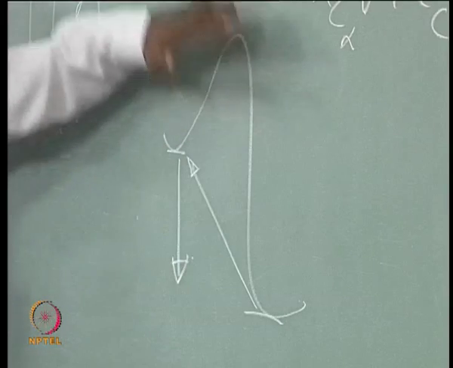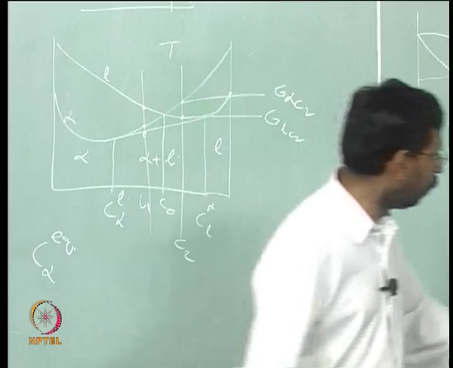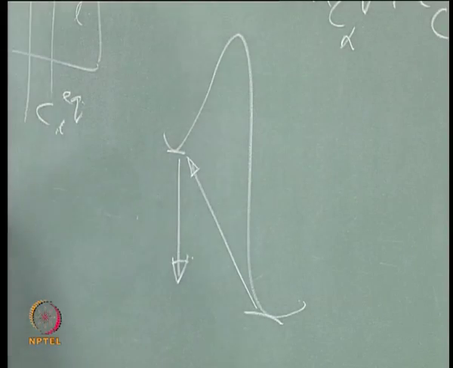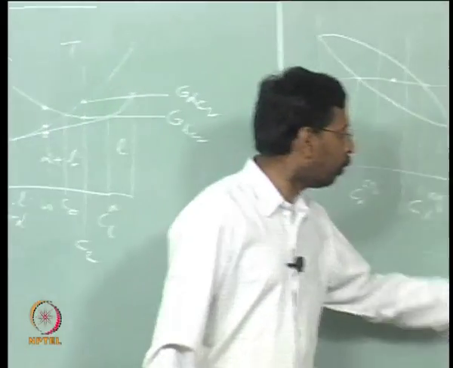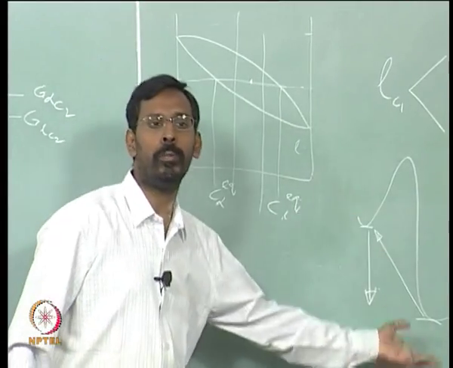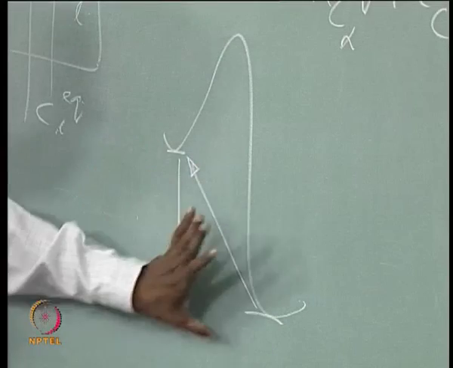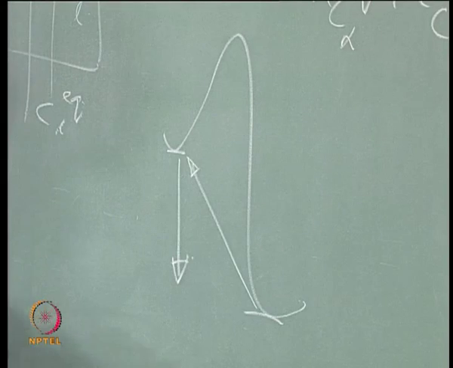So, it will have a much bigger hill that it has to cross to go from here. It has to climb this and then fall here. So, if you really want to take a ground state material, a phase in a low energy state, to a high energy state, you need to provide much more energy. Just giving this much energy is not sufficient; it will not straight away go like that.